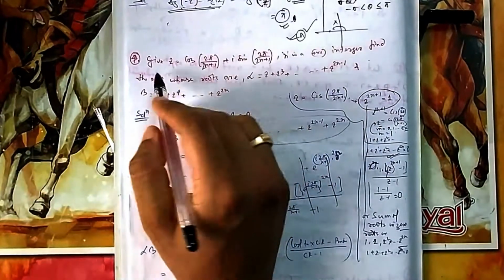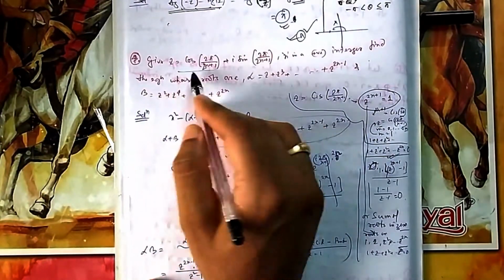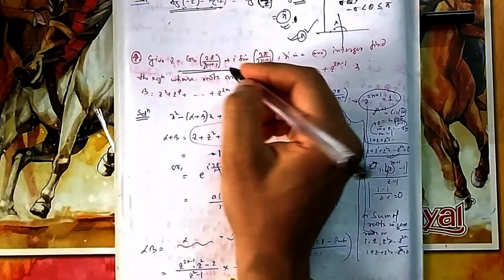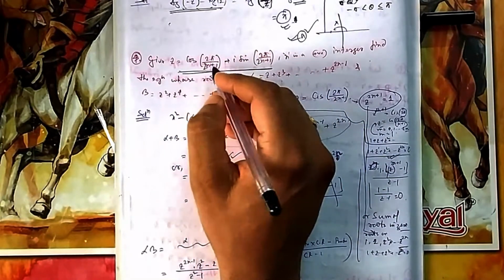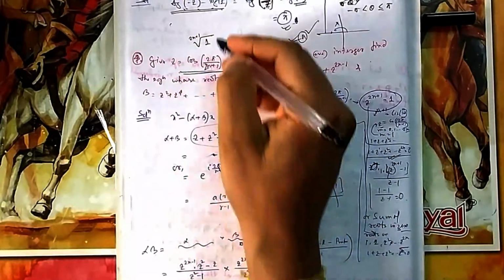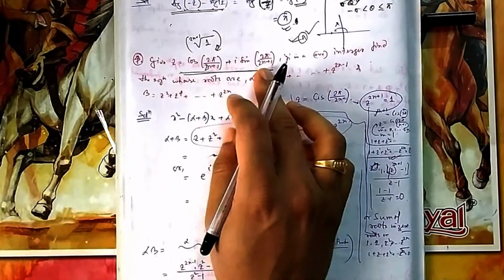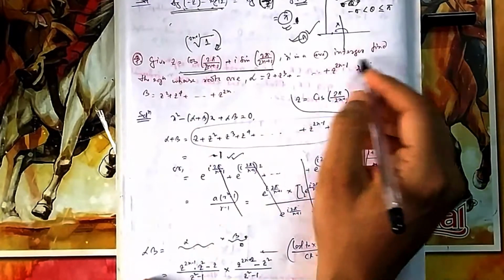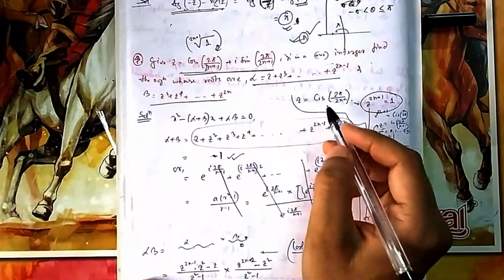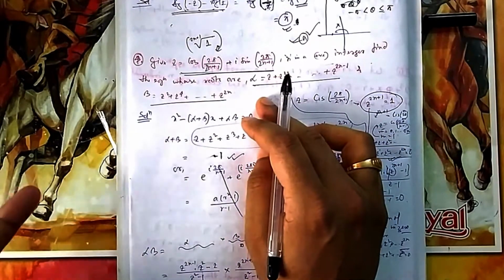Now if you come to this one, given Z is equal to this. Once you see this Z, what is this? This is again an nth root of unity, not nth, what? 2n plus 1th root of unity. This is given to you. So once you see this, it should come to your mind. N is a positive integer. Find the equation whose roots are these and this. So you need the sum of the roots and the product of the roots.